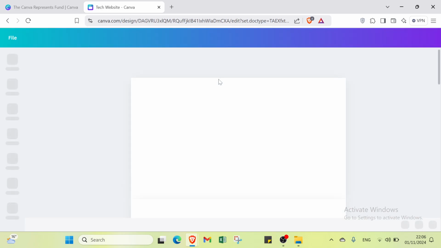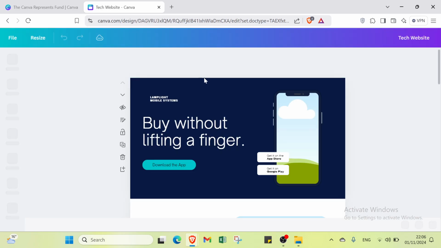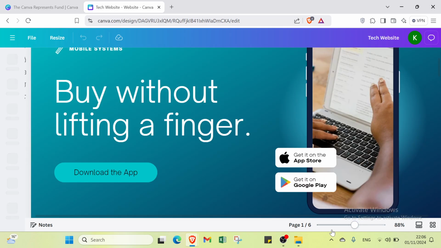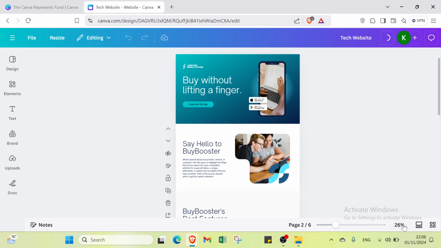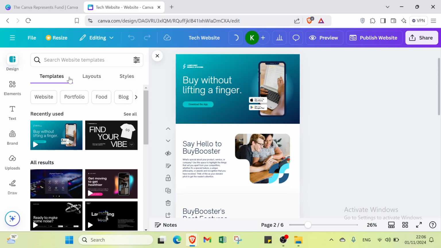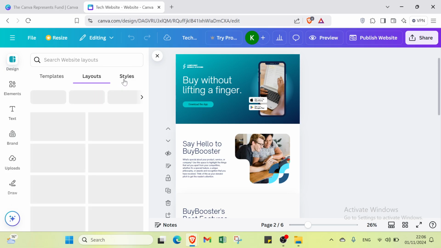So we have just firstly to select here the template that you want. For example, if you don't like this one, you have just to click over design in the left, and also we have here the option of zoom in, zoom out. Then here we have, if you wanna here thumbnail view, if you wanna also grid view, as you can see. In the left you will find here the option of design if you want other templates, if you wanna also layout, if you wanna styles,